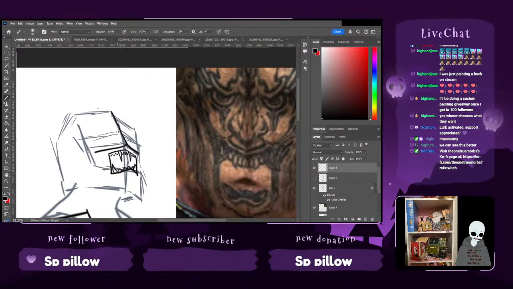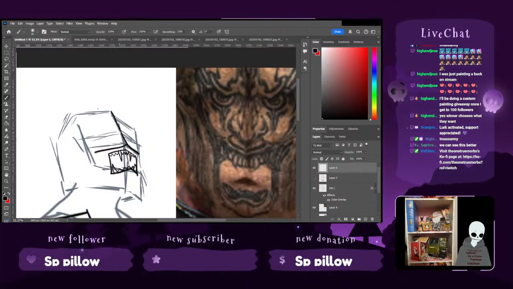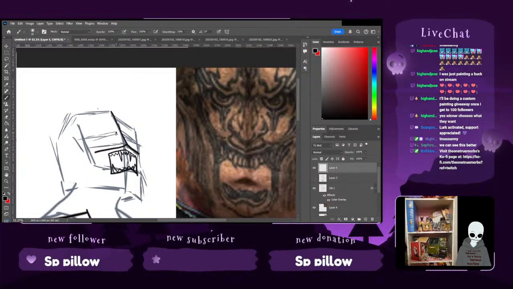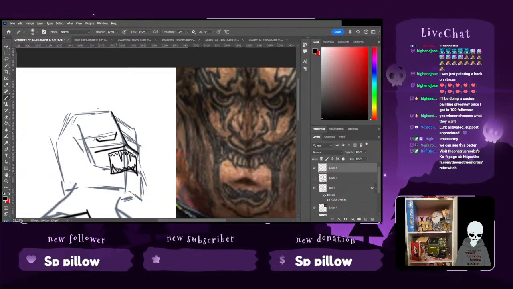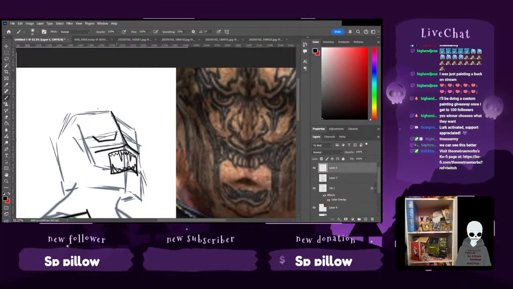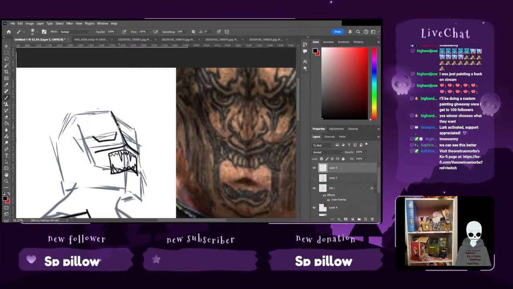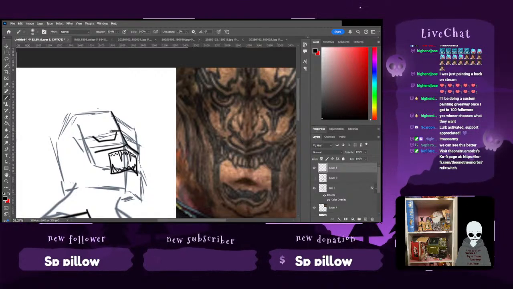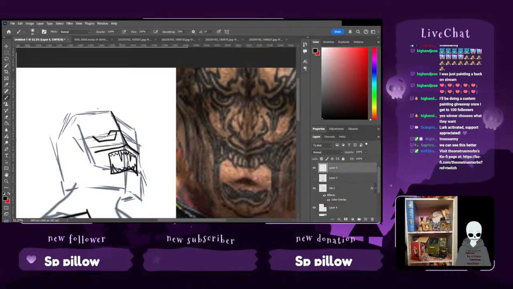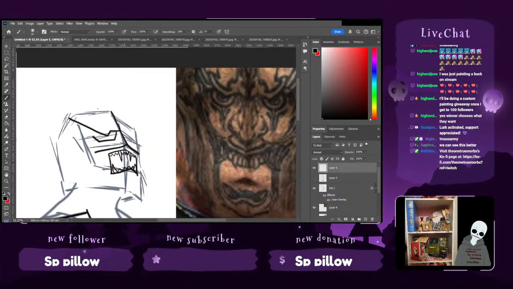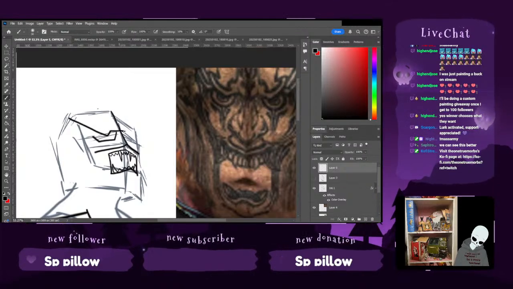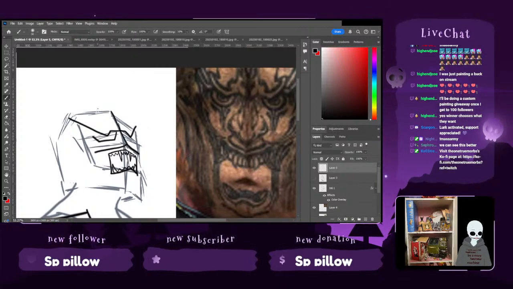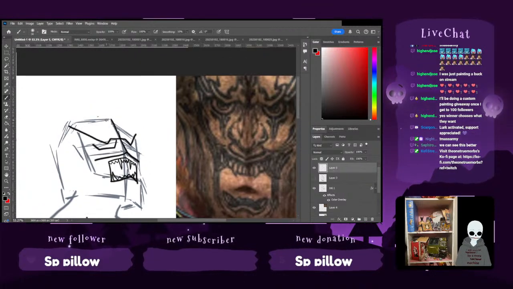Let's see if that's where the eyes are. Then what we need is going to be something more along the lines of this. Let's have something like that, perhaps. There'll be an angle there. And then we're going to have